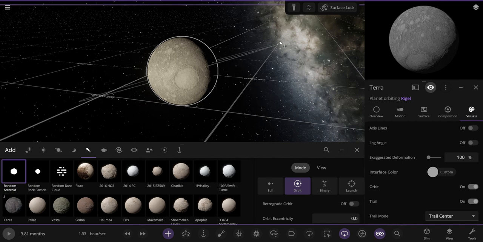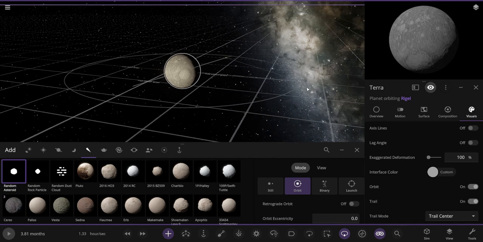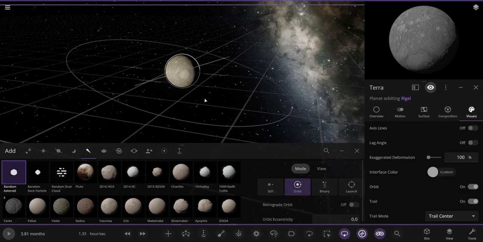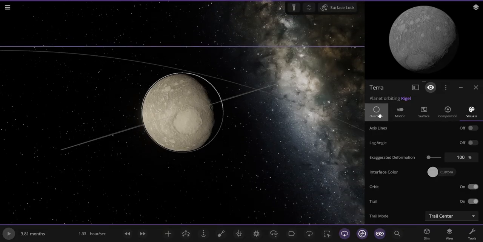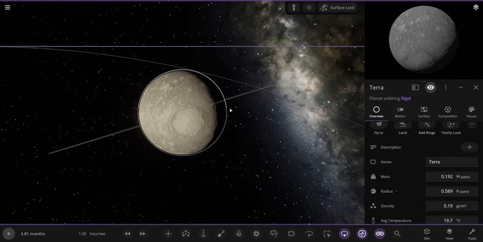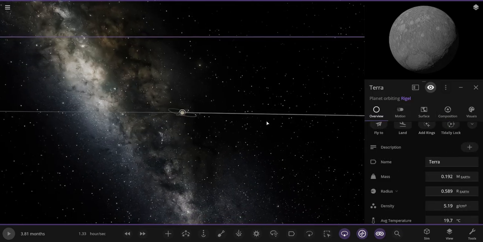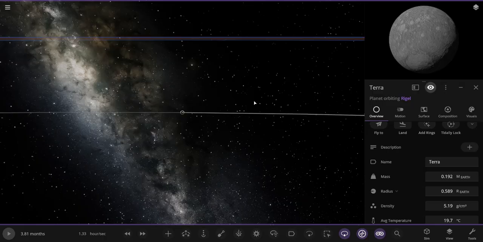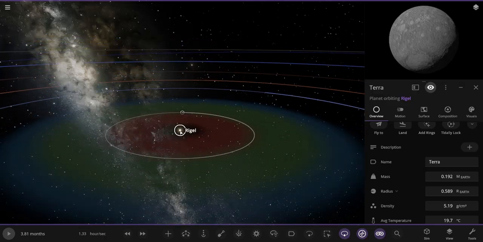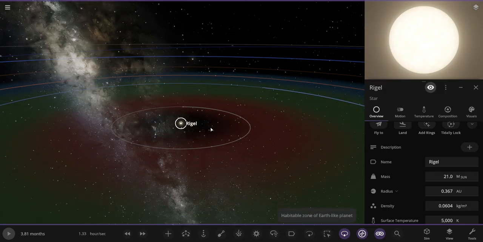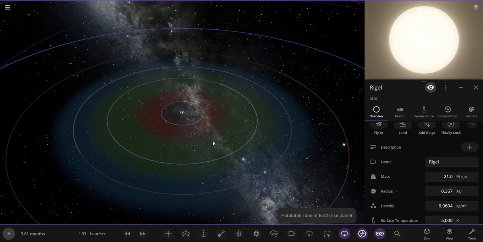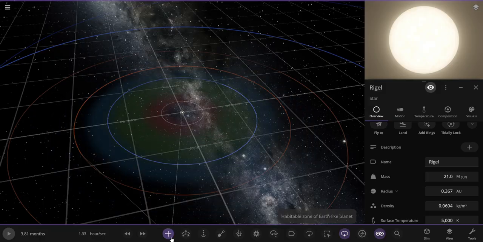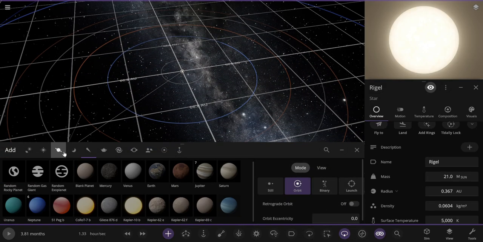Just gonna make you tilted. Oh wait, your axial tilt should be zero, because I made you tidally locked, and your orbital plane is about exactly the same as the star or something. I don't know. Anyways,